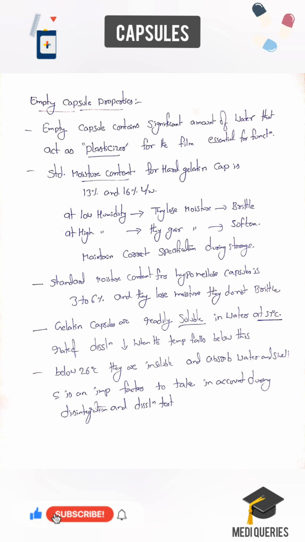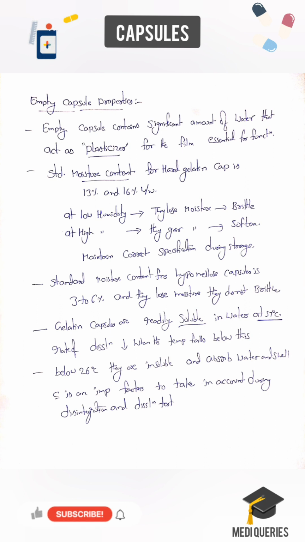At a high level of humidity, what will happen? They gain moisture. As a result, the capsule gets softened. So maintain correct levels of humidity during the storage. So the storage conditions need to be followed according to the IP in order to overcome all these problems. And then the standard moisture content for the hypomellose capsule is 3 to 6%, and when they lose moisture, they do not